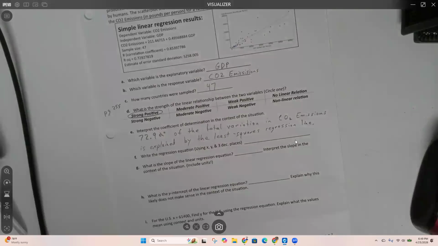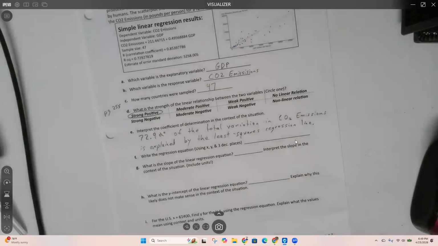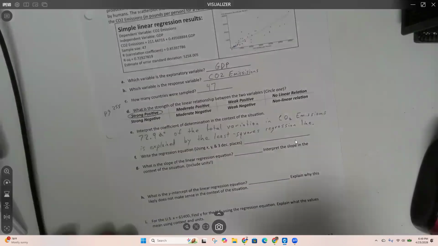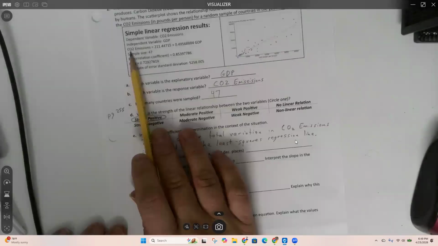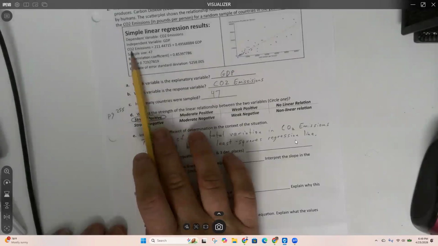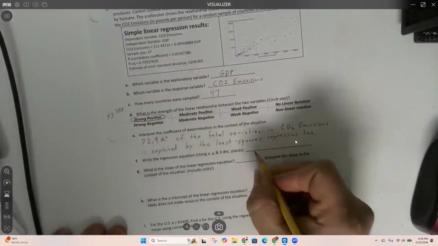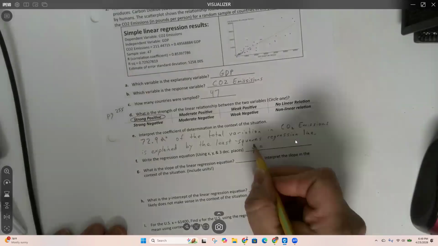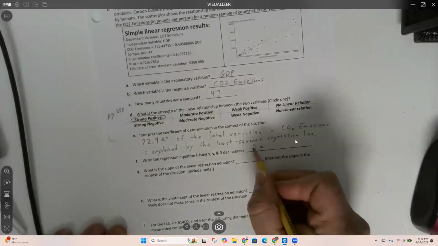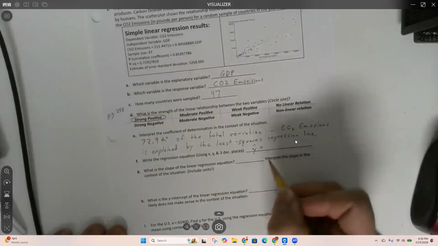72.9% of the total variation in CO2 emissions is explained by the least squares regression line. All right, the regression equation. So it's right here. I'm not going to write it with CO2 and GDP. I'm going to write it with X and Y. So technically this is Y hat. You don't have to put the hat on it if you don't want to, but we've seen before that